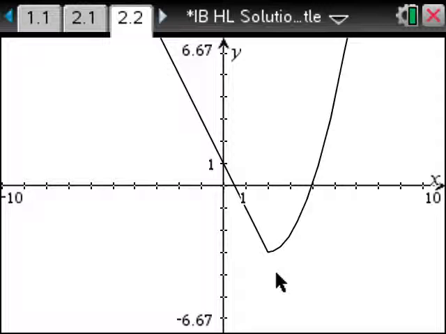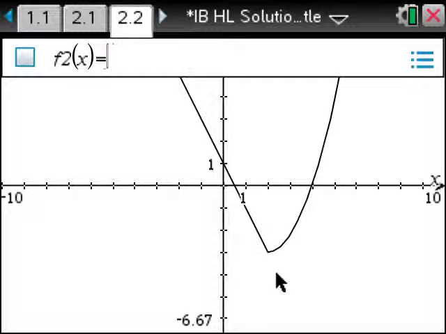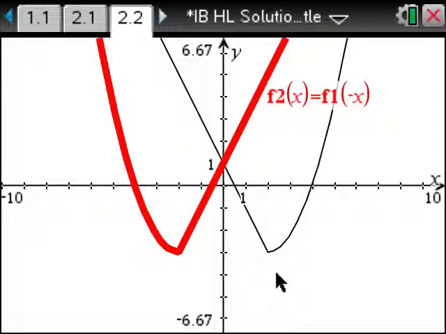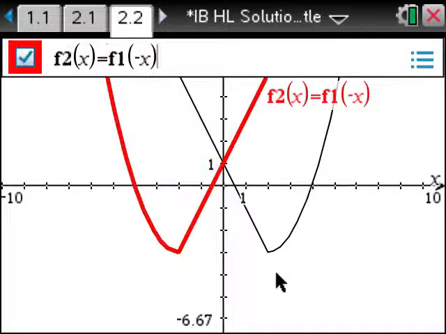Now we need to do two things with this function. We're going to reflect it in the y-axis, so all the x coordinates are going to become negative. So what I can do is make f2 to be f1 of negative x, and there's the reflection in the y-axis. And then we need to do a translation of 2 in the positive x direction, and